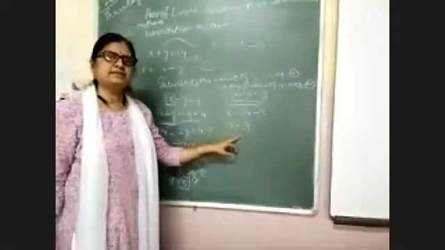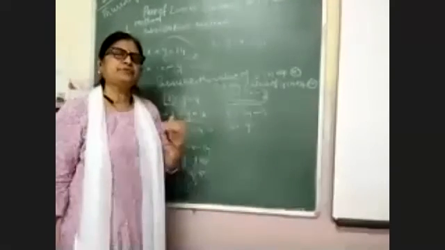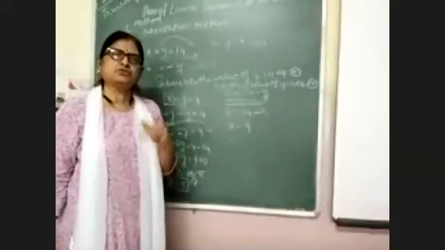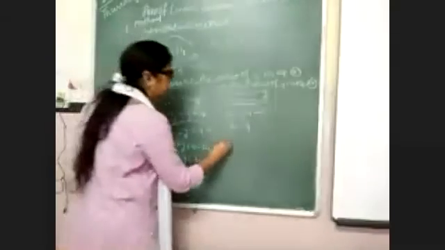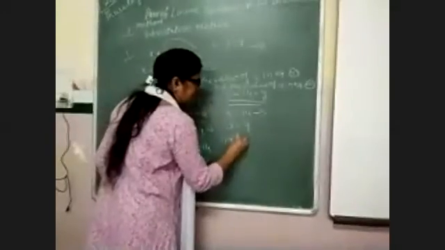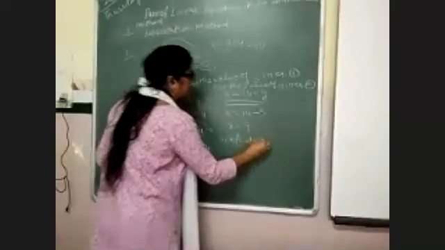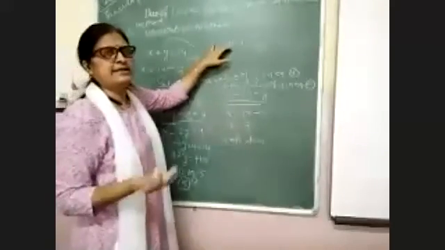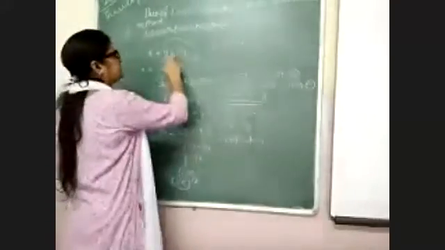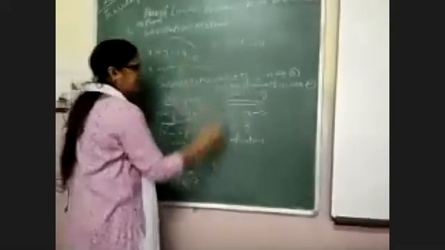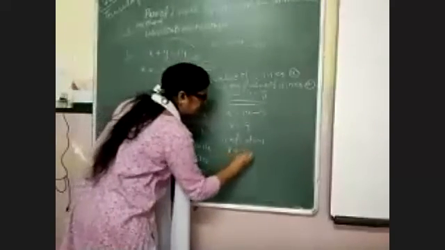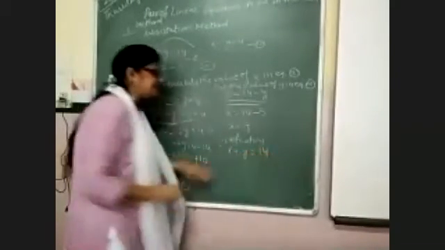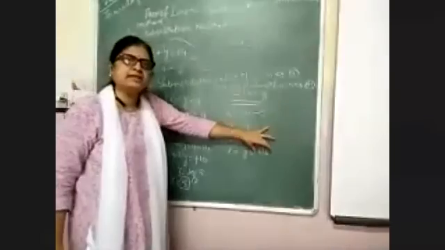which is 9. And if you have to verify this answer, to check whether it is right or wrong, then you will do the check also. Verification, how will you do it? Two equations are given in this question. You can choose any one equation, first or second, x plus y equal to 14. This is your left hand side, this is your right hand side.